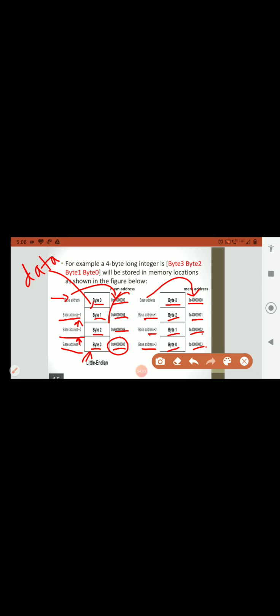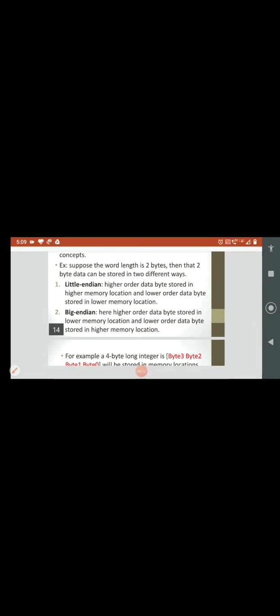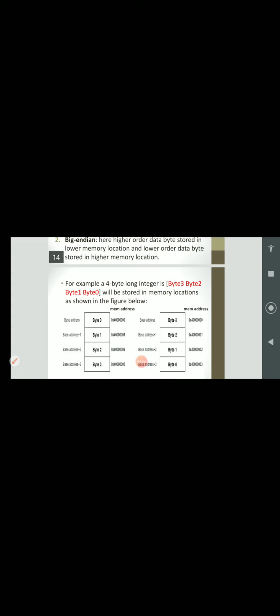The address of the memory location is this, whereas the data is stored in these memory locations. You can see here in Little Endian, the higher order data byte is stored in the higher memory location, and the lower order data byte is stored in the lower memory location.